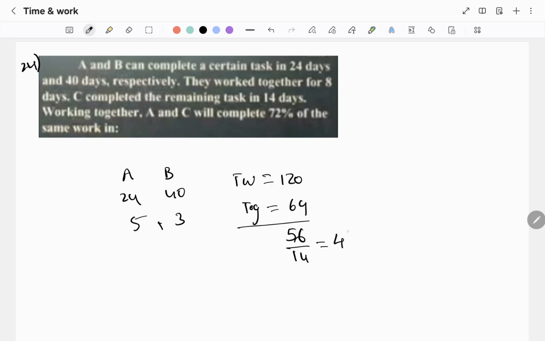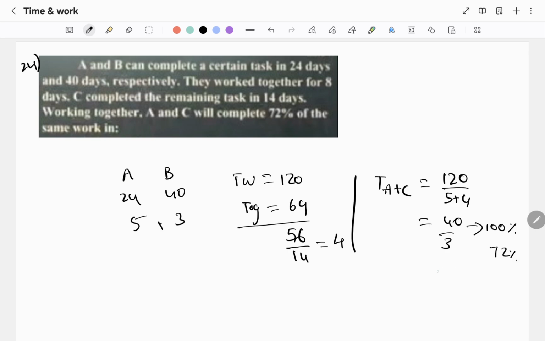C's efficiency will be 4. Now together A plus C will complete the work in... So 120 is the total work, and A and C's efficiency is 5 plus 4, 9. So it will be 40 by 3. This is 100%. But they are asking